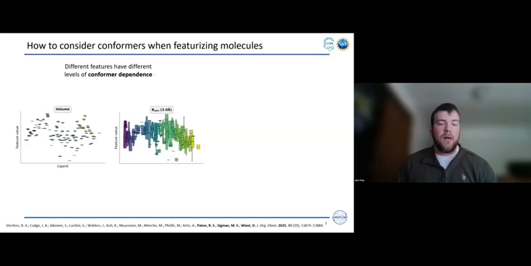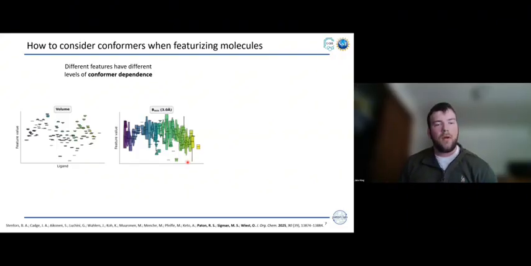So, in a recent paper by some CCAS folk, we can see that for some features, such as the volume of the molecule, if you look at these violin plots, going ligand to ligand, there isn't really much conformer dependence, and you can see that by how narrow those bands are. Whereas other features like this sterimol B-min are quite conformer dependent. So for any ligand, you can have a big range of the feature value,